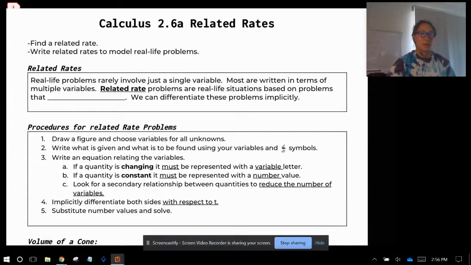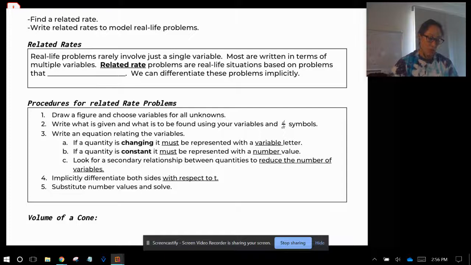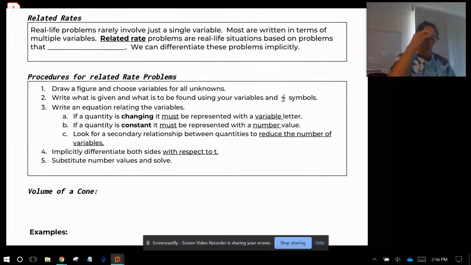All right, guys, it's about to get real today. We're going to do related rates. So, what related rates are: problems in a single variable. We really have to do a lot of substitution here. And one of the things to remember is that these are problems generally